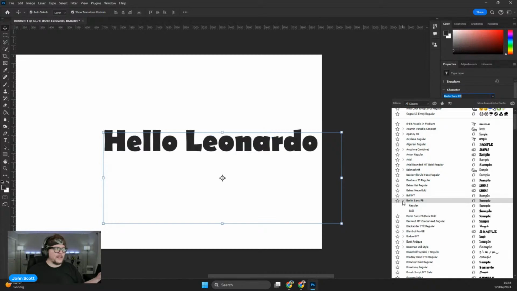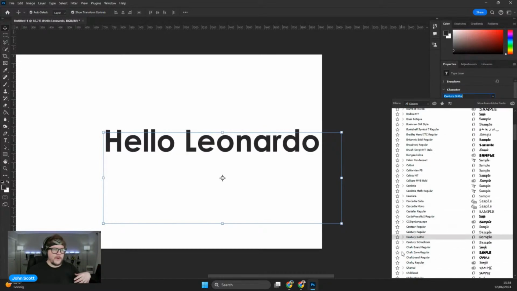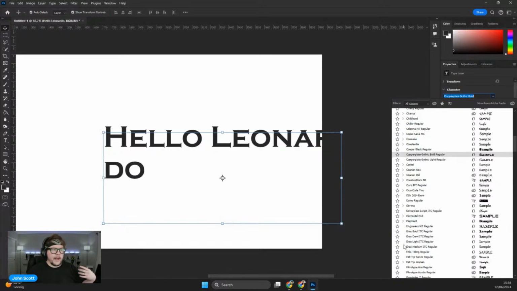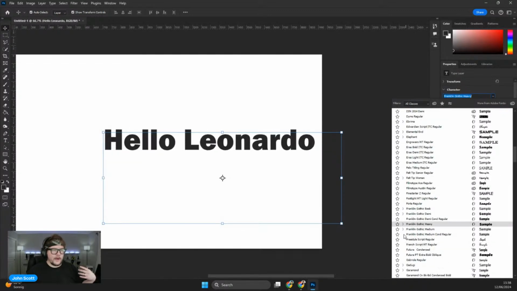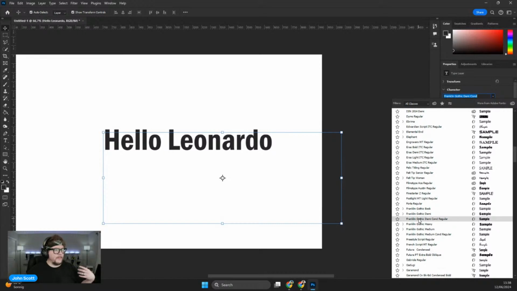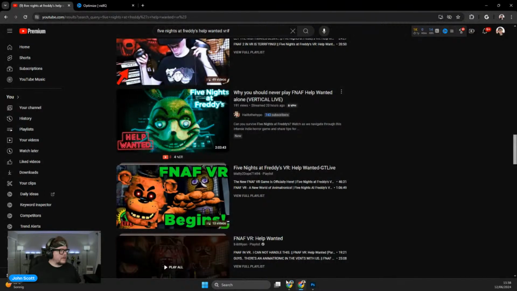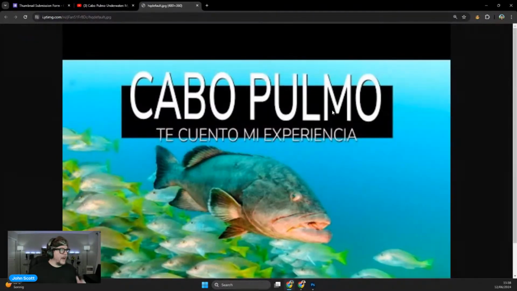I just wanted to show you that there are better options than stretching your font out. Yeah, this should be one. Futura Condensed. It's made to be tall instead of you dragging it out. That's just how it looks. But I wouldn't do that personally.